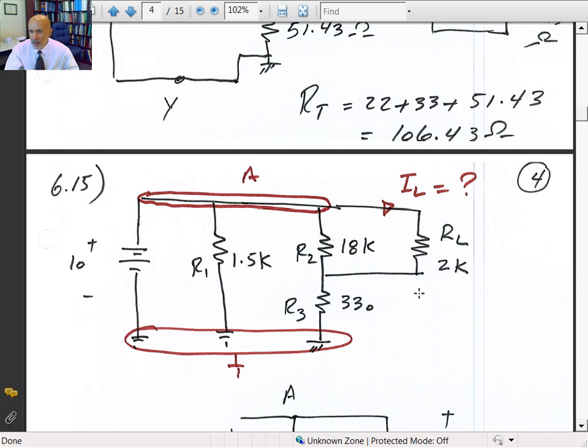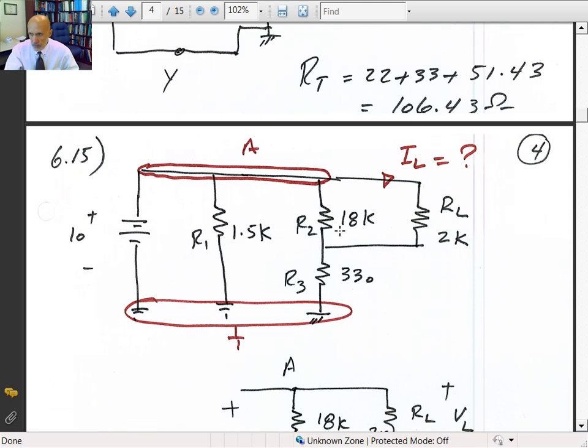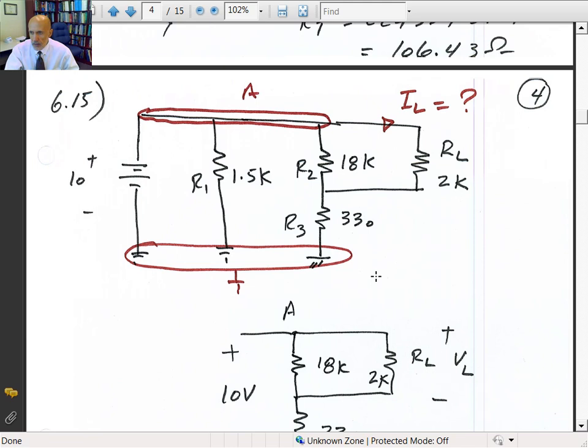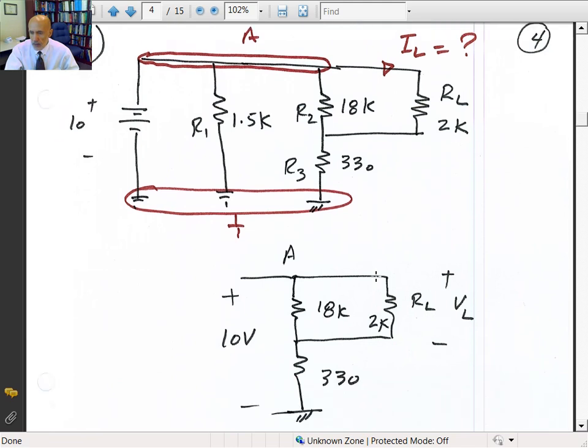To do that, you need to calculate the total current. So 2K, and again, this is a parallel series parallel circuit. So 2K in parallel with 18K. That's just connected in parallel. Then you add that to 330